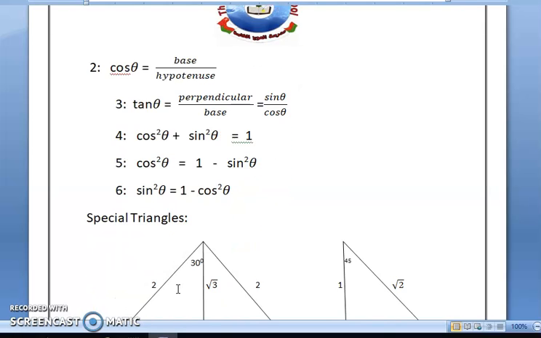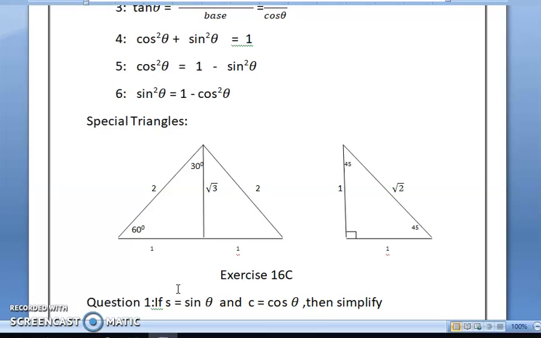For this, there are two special triangles. When we have to check the values for 60 degrees, we have to consider this base, hypotenuse and perpendicular. When we have to see for 30 degrees, then under root 3 is base, 1 is perpendicular and 2 is hypotenuse. When we have 45 degree angles, that is 45, 45 and 90 degrees, the base and perpendicular are 1, 1. So by using Pythagoras theorem, its hypotenuse is under root 2.